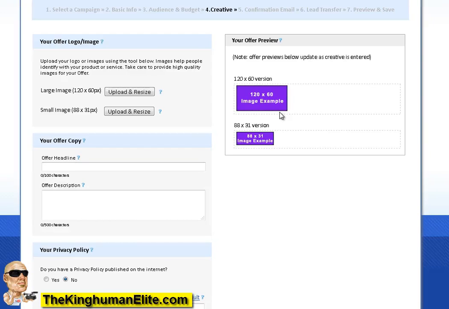So if you go to a JV page, you're probably not going to find a banner this size, if they give you banners. And if you take a banner that is a regular size and you go into Photoshop and try to size it down, it's going to look weird. It's going to look compressed or stretched. It's not going to be very good. So you may want to go on to Fiverr and just hire somebody for $5 to make these 2 banners for you in whatever your niche is.